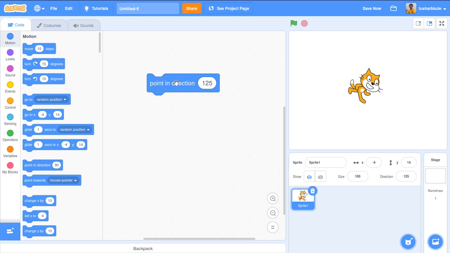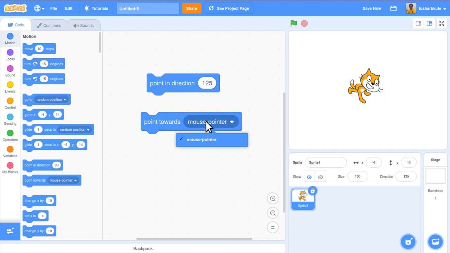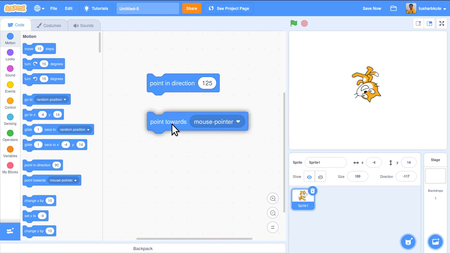So this is how the front position of the respective sprite, the cat, basically, can be changed. We can even point towards the mouse pointer also. Point towards the mouse pointer. When I click on that, it will look at the mouse pointer.